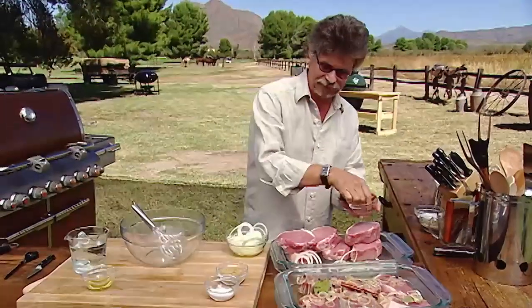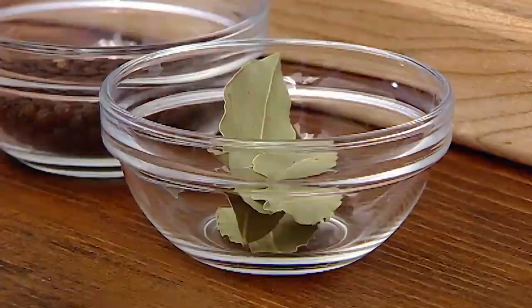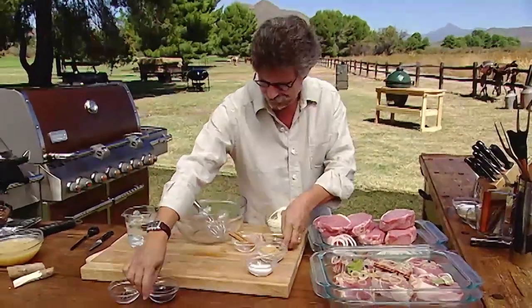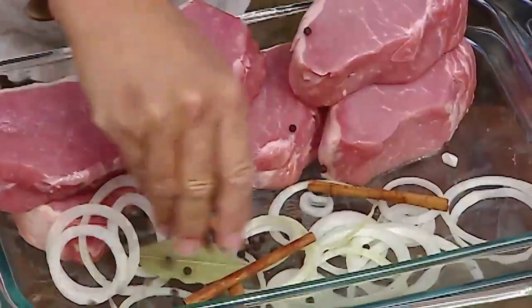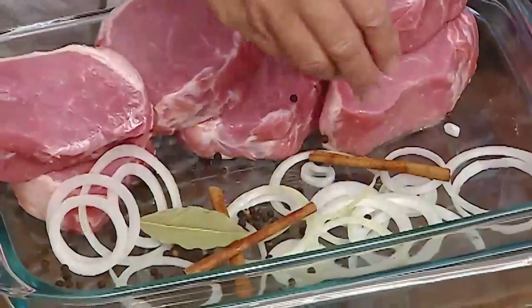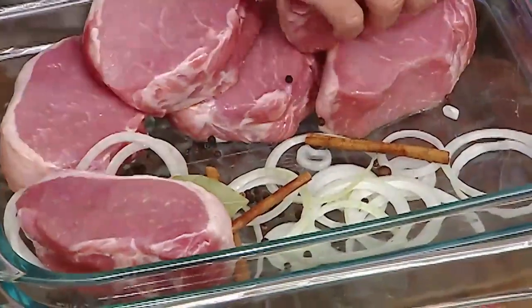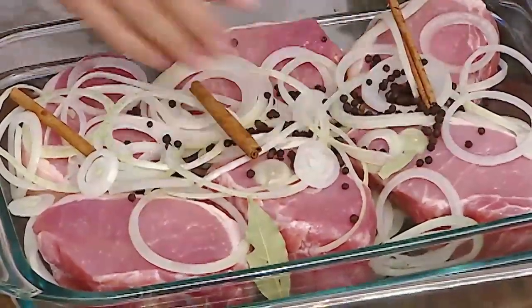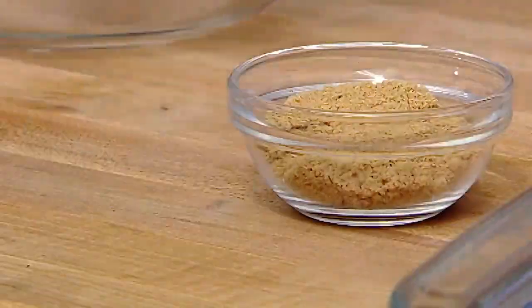cinnamon sticks, bay leaves, black peppercorns, and allspice berries and clove. And we'll do the same thing on top. The brine consists of equal parts salt,